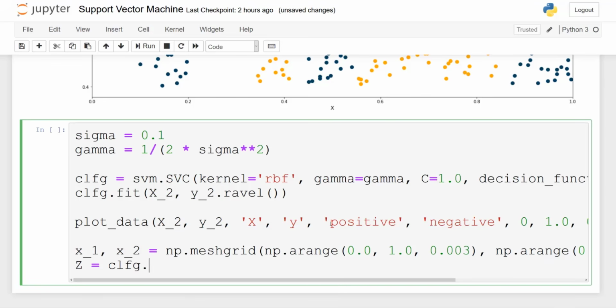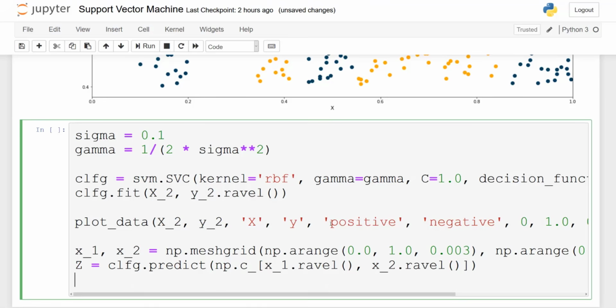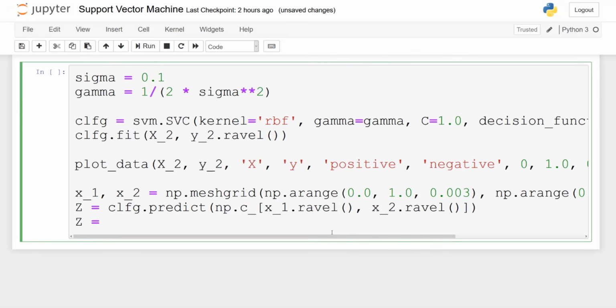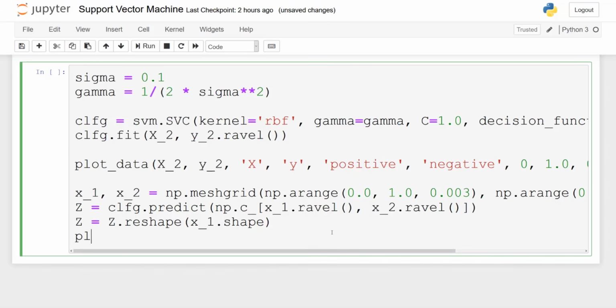Then z will be equal to the prediction. Pass in np.c_. This is actually just to stack the predictions, by the way. So x_1.ravel, x_2.ravel. Then we will reshape z. So z.reshape will take the shape of x_1, so x_1.shape.